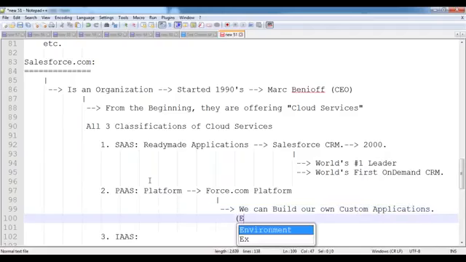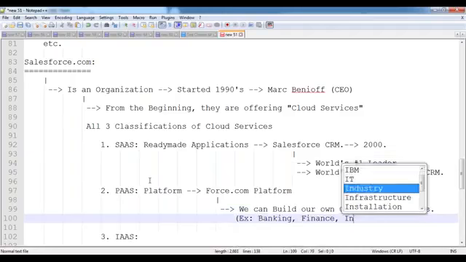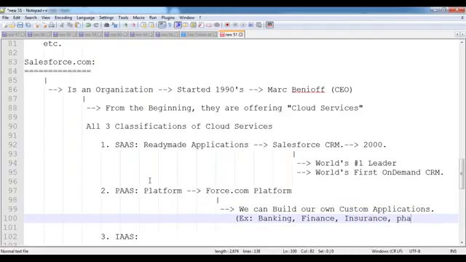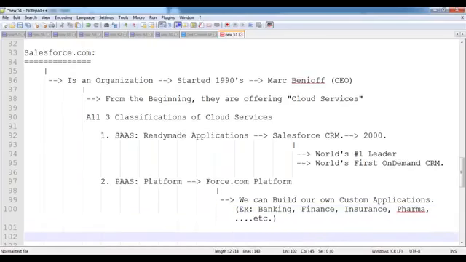Like, for example, banking, finance, insurance, pharma-related, manufacturing, like that, any application you want, all kinds of applications we can develop. There is no limitation at all. Any kind of application we can build by using this Force.com platform.